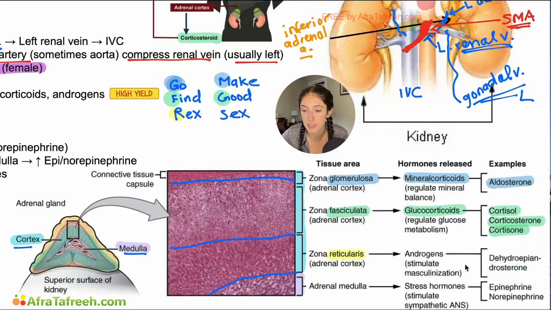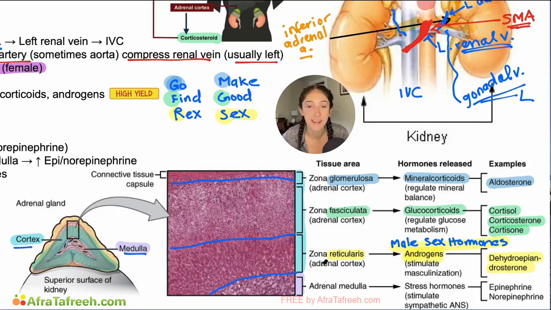That's what the R stands for in our mnemonic. The zona reticularis is going to produce androgens or male sex hormones. That is what the sex stands for in this mnemonic. This is pretty low yield for you to memorize all of the different androgens. They definitely don't come up as much, but if you just know that the zona reticularis is going to be responsible for making some androgens that are male sex hormones that can stimulate masculinization, you'll be in good shape for